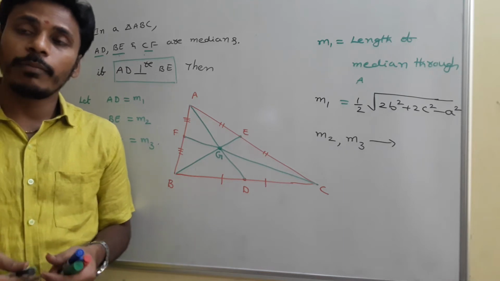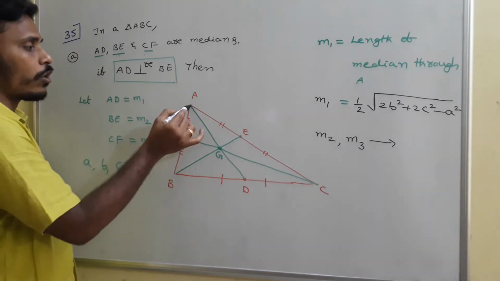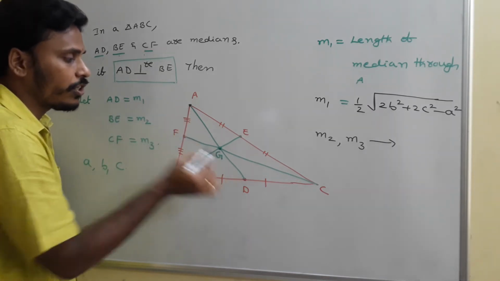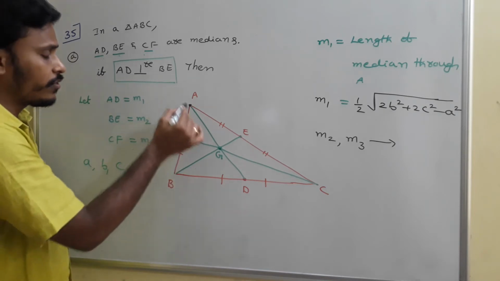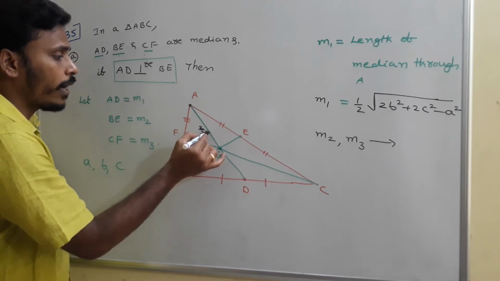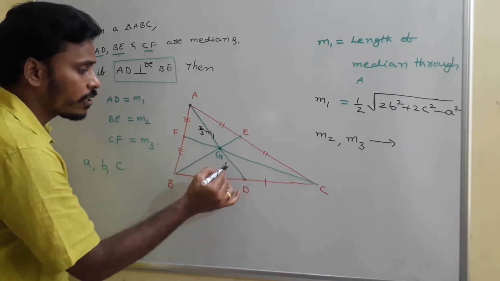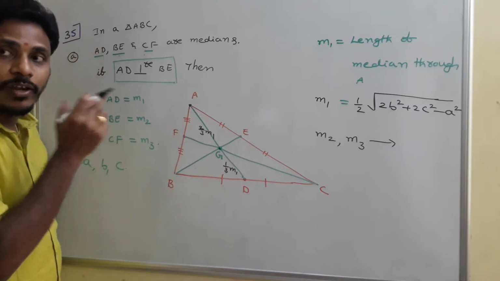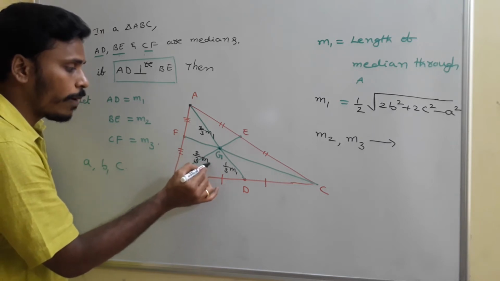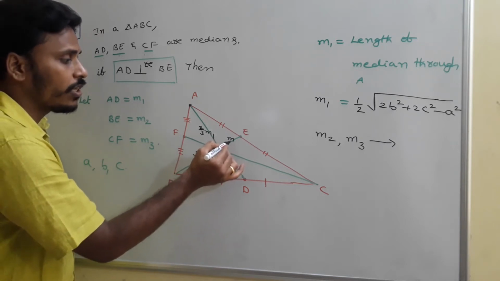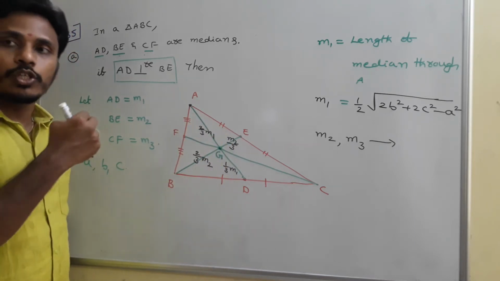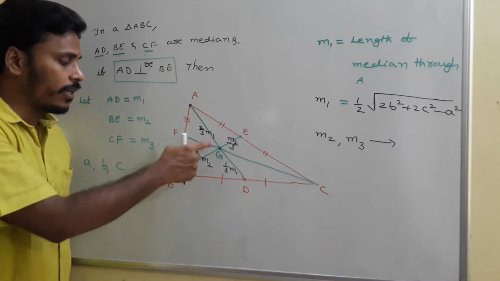Okay. And since it is the centroid, one more thing is, the centroid divides every median in the ratio 2:1. Since it is dividing every median in the ratio 2:1, this total AD length is M1. And what you say about AG and GD, that's what I mentioned to you in the last class. Since the total length is M1, this AG is 2/3 M1 and this GD is 1/3 M1. You just try to analyze the diagram. Similarly, BG is 2/3 M2 and this GE is M2/3 or 1/3 M2. So the total length you need to divide in the 2:1 ratio. From there you will get AG and then GB, everything.